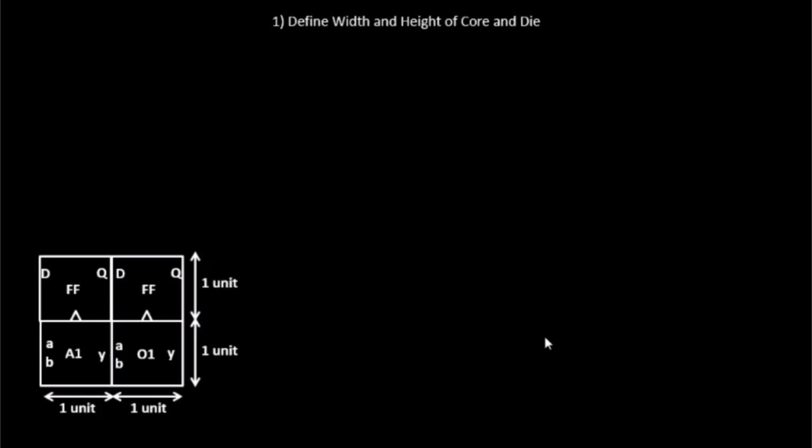Now we have a rough calculation of the area of the netlist. This is the area occupied by the netlist, the minimum area that will be occupied by the netlist wherever it is placed. Let's look into the core and die